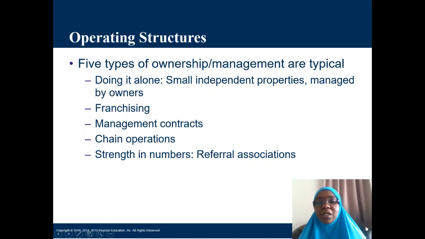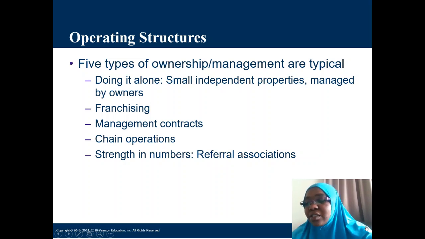So also we have the franchise, all right, franchising. This involves having a franchise agreement, and the franchise agreement is going to provide owners or operators, these are the franchisees, with the use of a recognized brand name. You'll be using the brand name of that particular hotel. If the brand name is, for example, Hotel A, then the franchise can be given to another investor in another country to use the name. They can use the name.